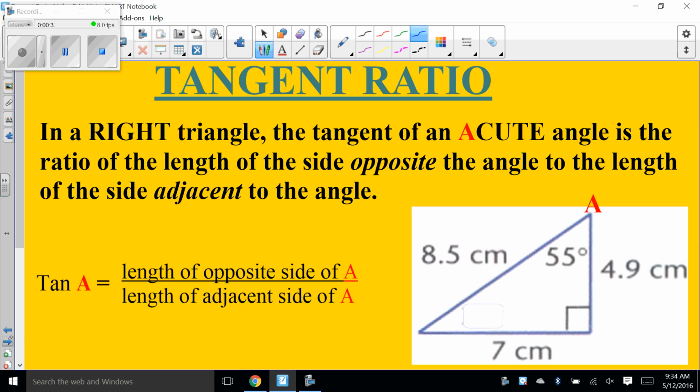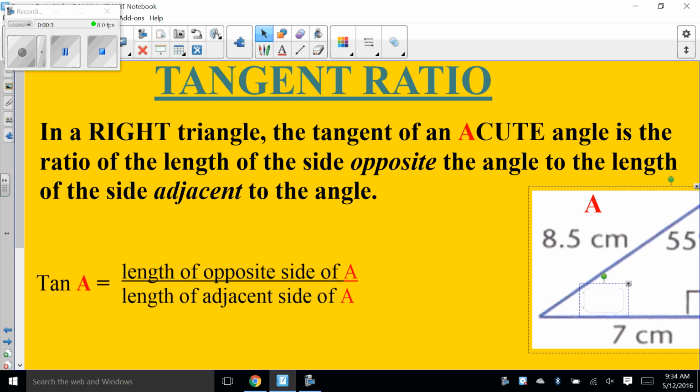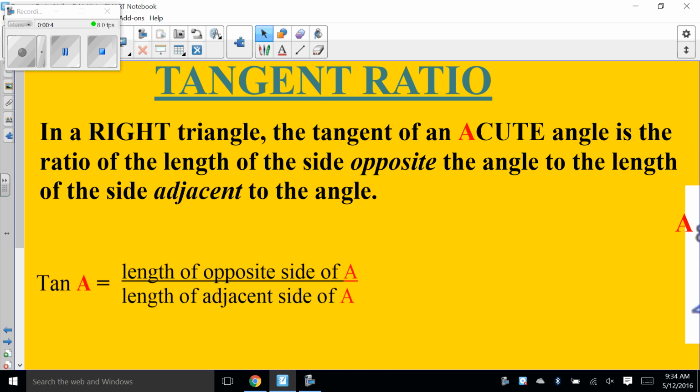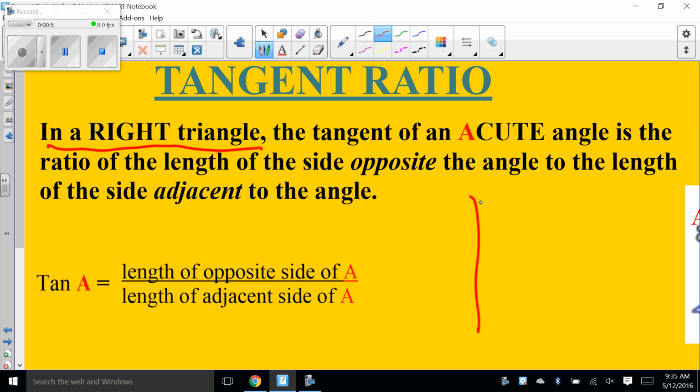So there's this ratio called the tangent ratio, and it is a way to find the height of things. You do need to have a right triangle to be able to do this, but it functions a little bit differently than the Pythagorean theorem. So basically it goes like this. You don't have anything to write right now, just watch. If we have this right triangle,